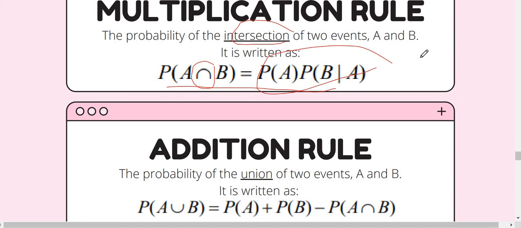So okay, maybe I can write down here P of A given B, or P of B given A, but I will give you P of A given B. So this equation is equal to P probability of A intersect B. Okay, I'm sorry, class,